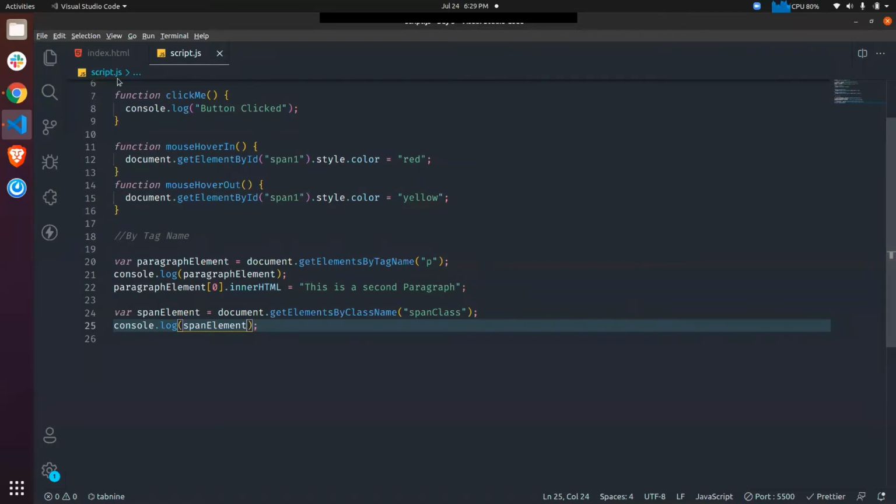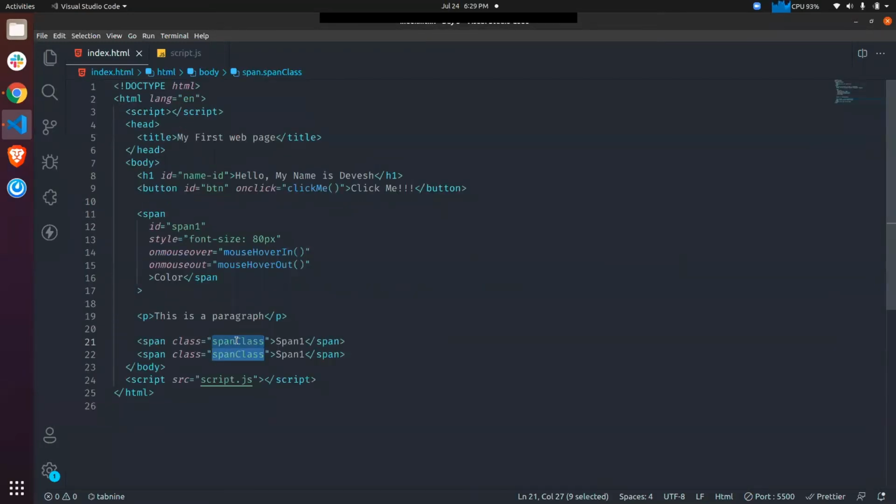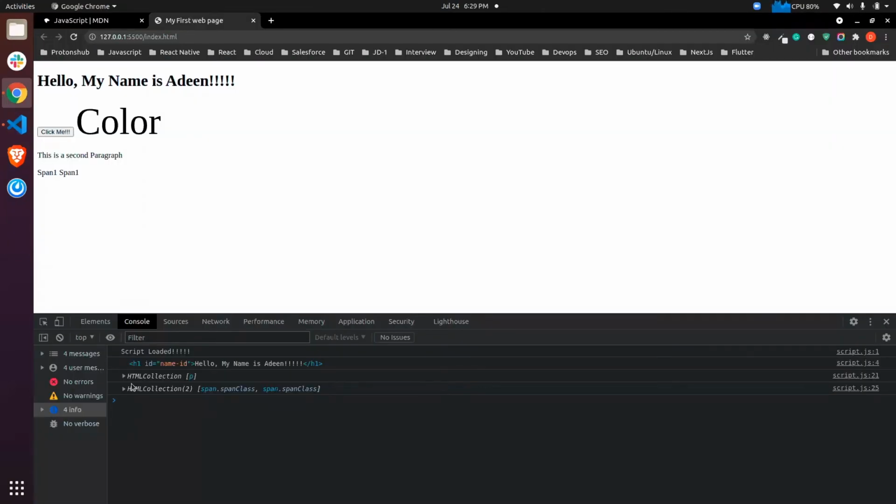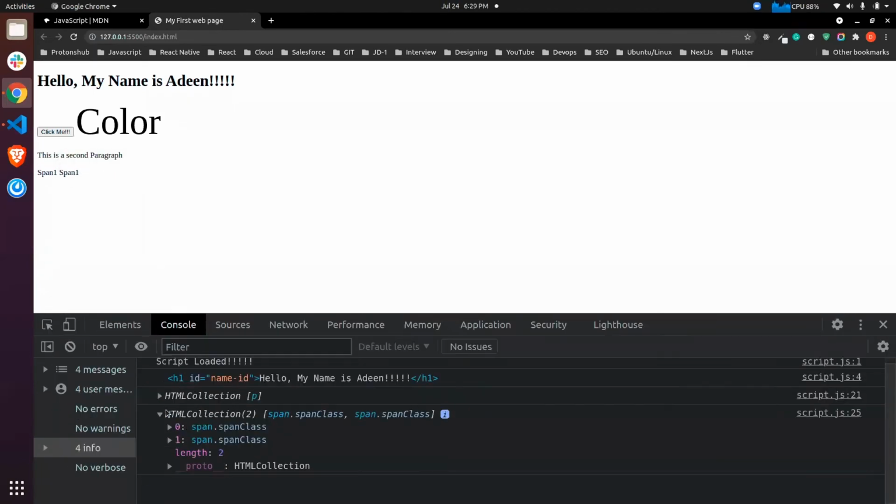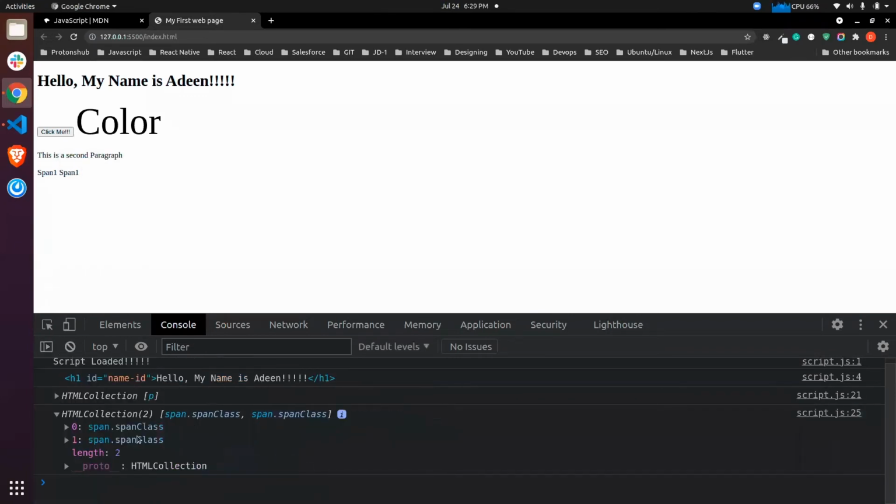Since the same class is applied on multiple elements, we get a list of them as we were getting in getElementsByTagName. If we hover over it, this is our first span, this is our second span.